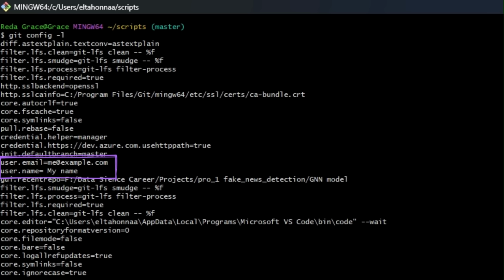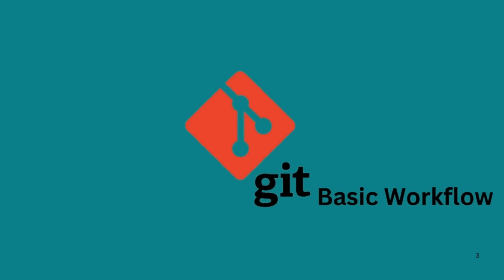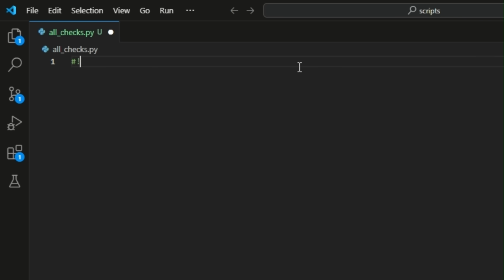Okay, our repository is ready to work, but it's currently empty. Let's create a file in this repo. We'll start with a basic skeleton for a Python script, which will help us demonstrate the Git workflow. As with any Python script, we'll start with the shebang line. For now, we'll add an empty main function, which we'll fill in later. And at the end, we'll just call this main function.